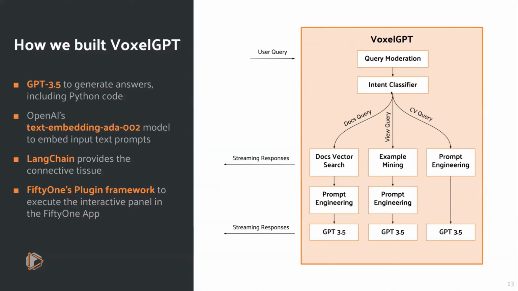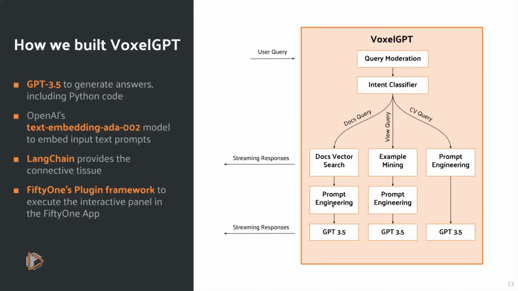And try to understand which of the three pathways we think the user's query most likely falls into. So if we think that it's a question that the 51 docs can answer, the way that was implemented, we took the docs, tokenized everything, embedded the documentation using a text embedding model, and fed all of those into a vector database so that when a query comes in, we can tokenize that and do a nearest neighbor search against the documentation to pull in some relevant sections and then package those up into a prompt,